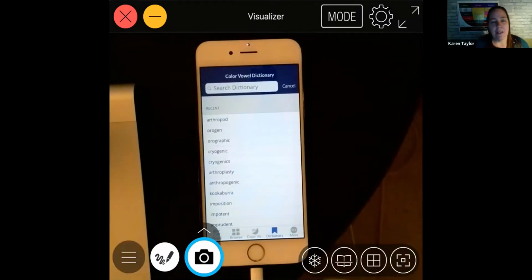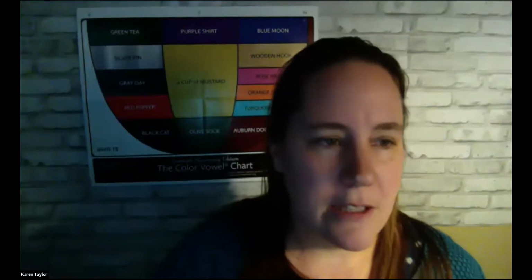Really nice feature. This feature is actually not part of the free version though, so it's very much worth getting the full version. You all as teachers, again, your ticket in is to take Color Vowel Basics online. That's one way to get it. The other is you can request it from Blue Canoe if you're looking to get it for your school. So for teachers, it's not terribly difficult to get. It's a question of how to get the full version into students' hands, and we provide a number of ways, okay? There's always lots to talk about with Blue Canoe.